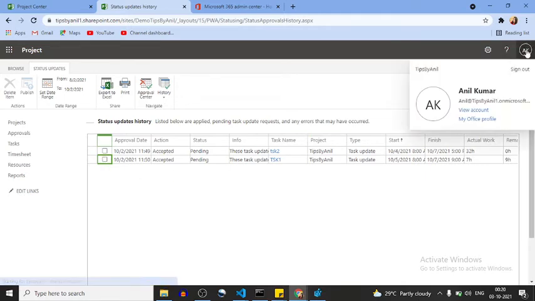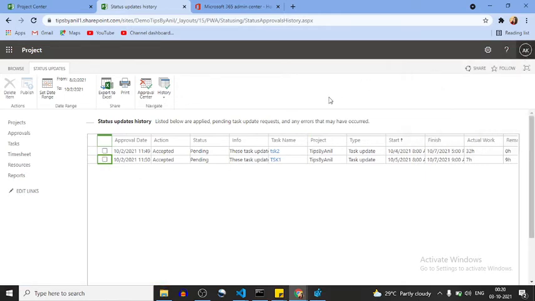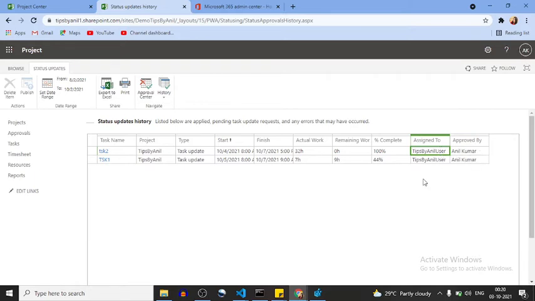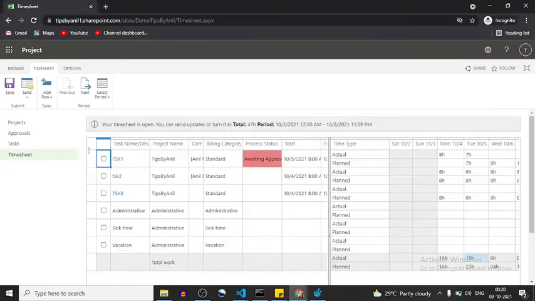Okay, I think Anil Kumar doesn't have permission for it. Let me check that, because it's saying it's assigned to tips by Anil user.